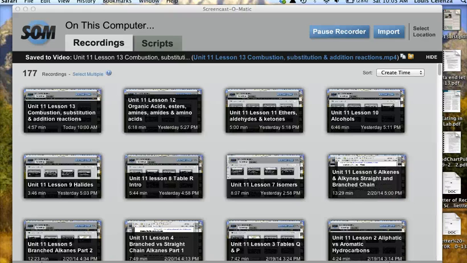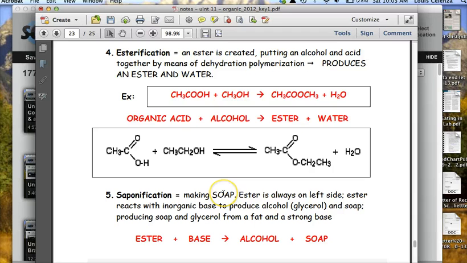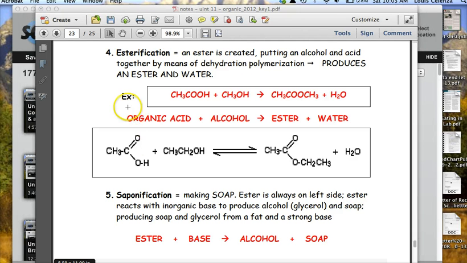Alright, so here we are with Unit 11, Lesson 14, and we're going to continue with organic reactions, and we should be able to finish this up in this lesson. The fourth type of organic reaction is called an esterification reaction, and an esterification reaction basically is producing